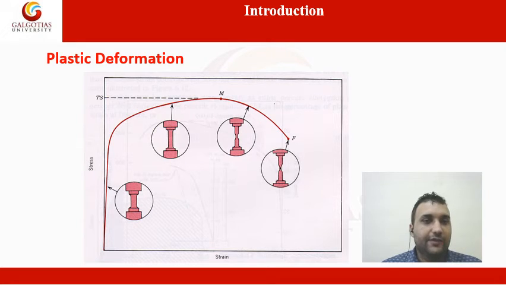This is plastic deformation which works behind this phenomenon. So this is the stress strain curve. As you can see here, the stress is directly proportional to strain up to this point. This is the elastic deformation region, where the metal recovers when the load is removed, and after that, when the load is further increased, the metals start to deform. That is plastic deformation.